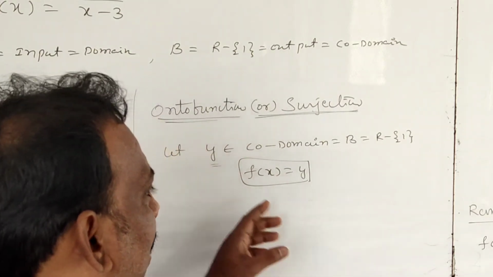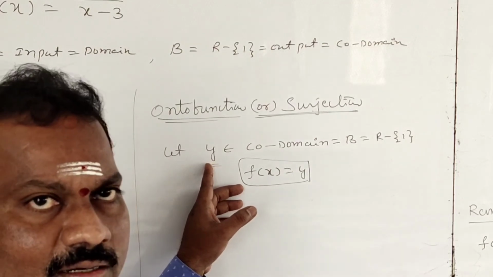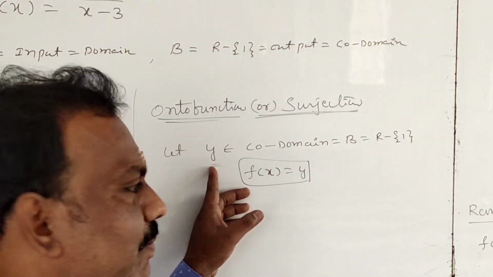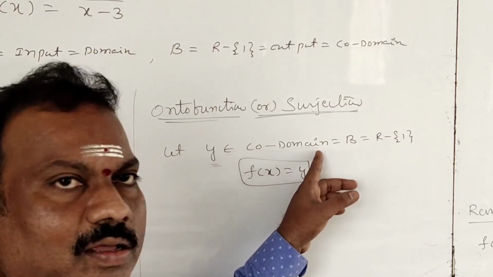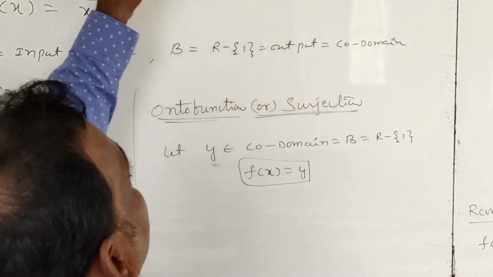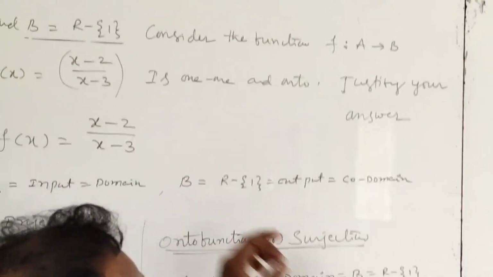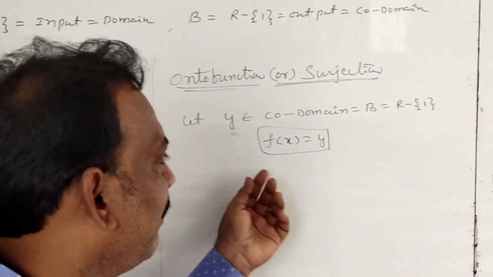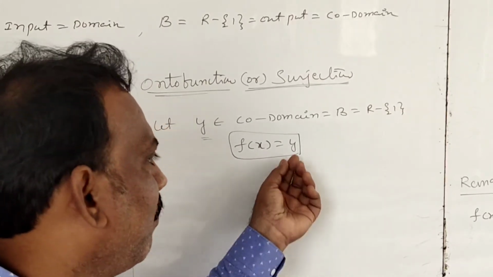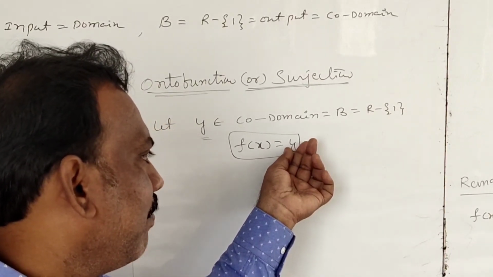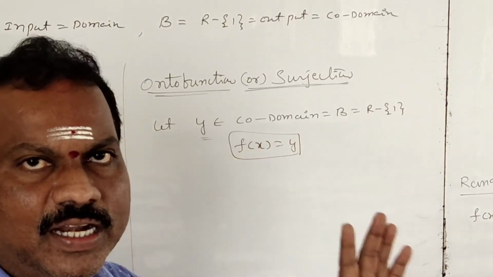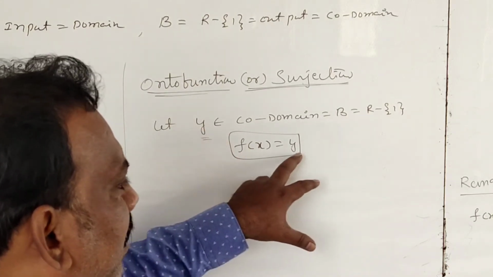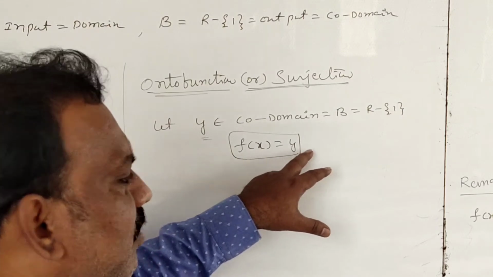That means for every element of the codomain, there exists at least one pre-image. So here I am taking one element in the codomain, that is y, which belongs to the second set, B. B set means codomain. In this problem, B is all real numbers except 1. What are we going to prove? F of x is equal to y. That means for y you can take any number, and there exists a pre-image. Otherwise, this is the codomain y, and this is the range. Range is equal to codomain.